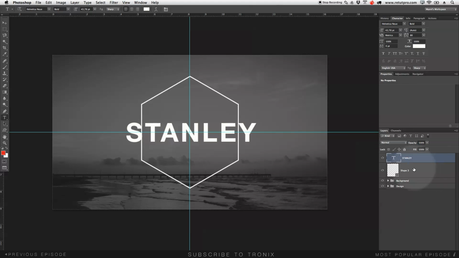So we can actually rasterize this shape number 3 layer. So I'm going to hit right click, rasterize, and the reason why I'm doing that is now because I can cut out now the background shape really easy. So I'm going to select the marking tool and just make a big selection around here. Maybe not too much. We first want to concentrate on the top. So I'm going to move the selection up a little bit, hit delete, great,